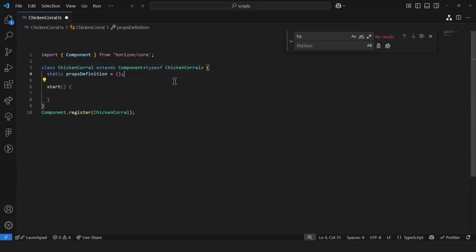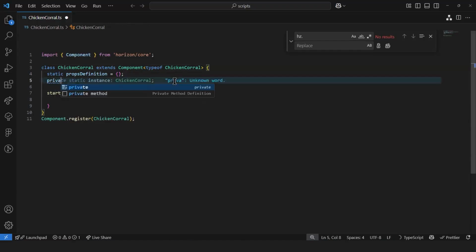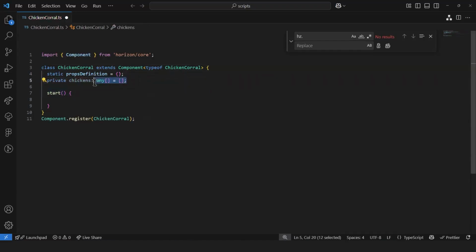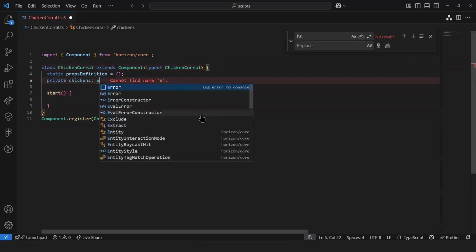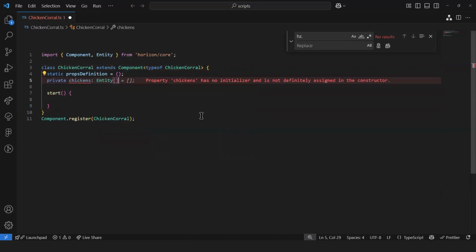So for this one, I'm gonna say private chickens, and instead of any, that was AI hallucinating there, this is gonna be an array of entities, because chickens are entities in this case. And we want to detect every time that a chicken is returned. So for this, we would need to